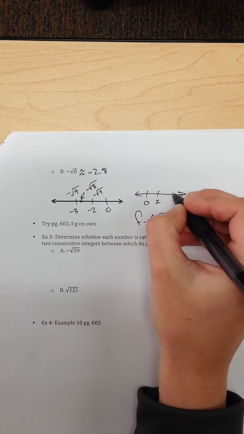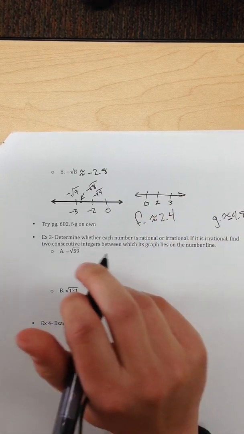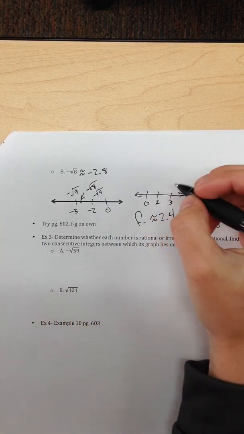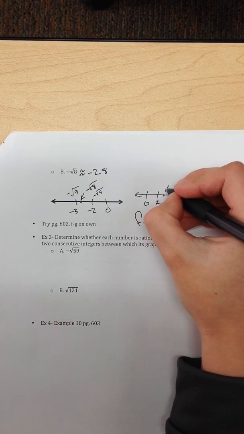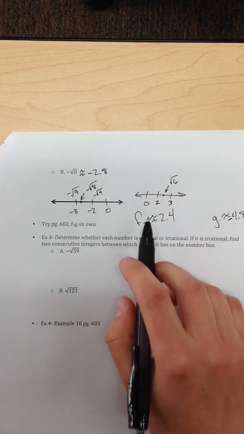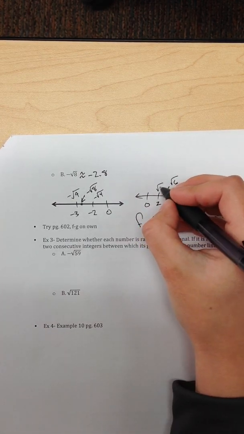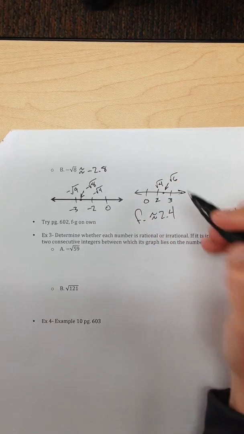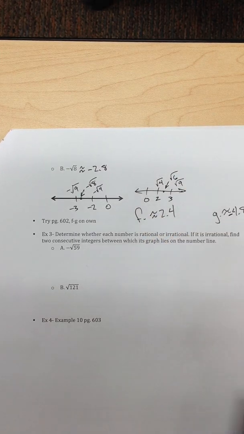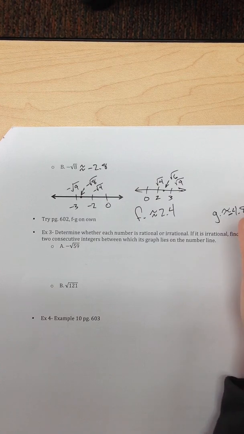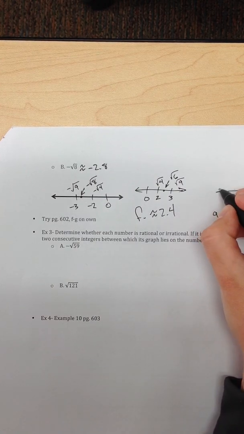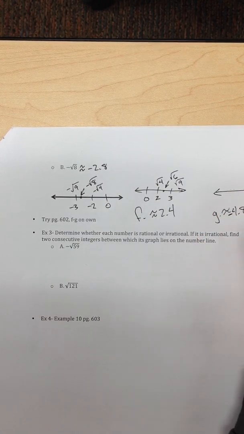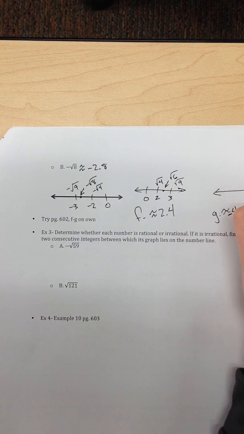Let's go 2 and 3. So our original square root was 6. So square root of 6 would be in between 2 and 3, which makes sense because square root of 4 is 2 and square root of 9 is 3. And then the other one here, we got negative 4.8, so that would do a 0